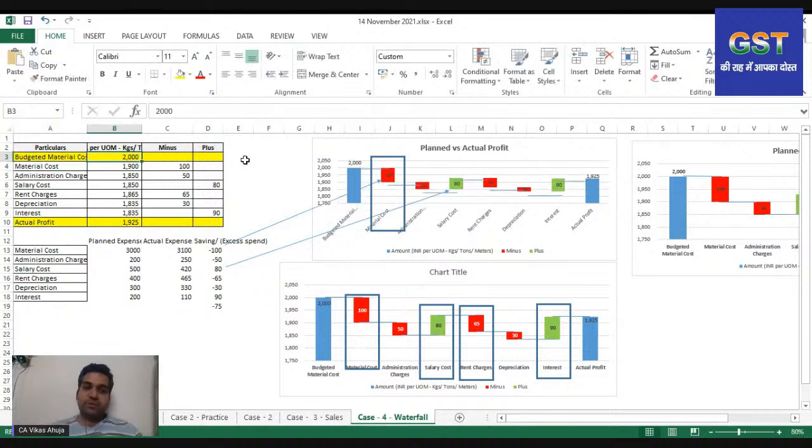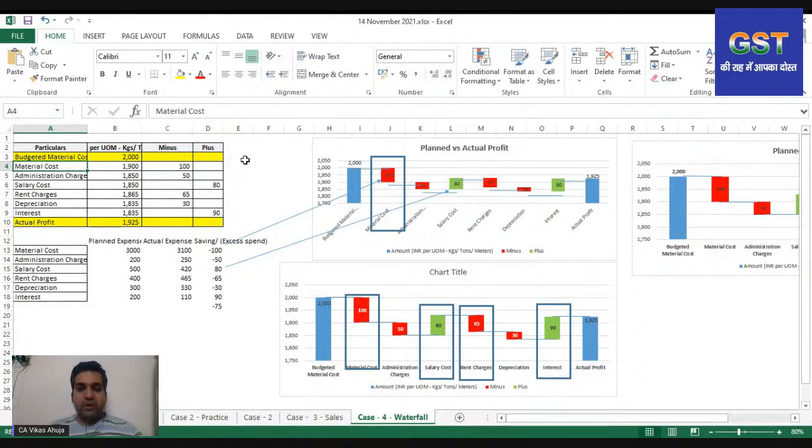Let's assume 2000 rupees per unit of measurement, per kg, and under budgeting you have various materials being used. Let's say you are a pipe manufacturer, then you will be buying